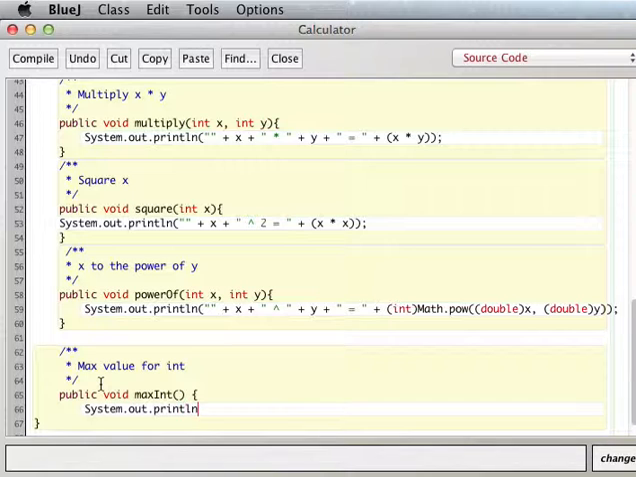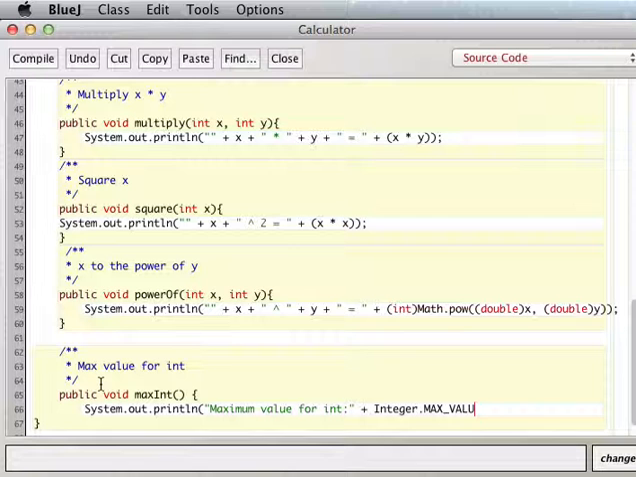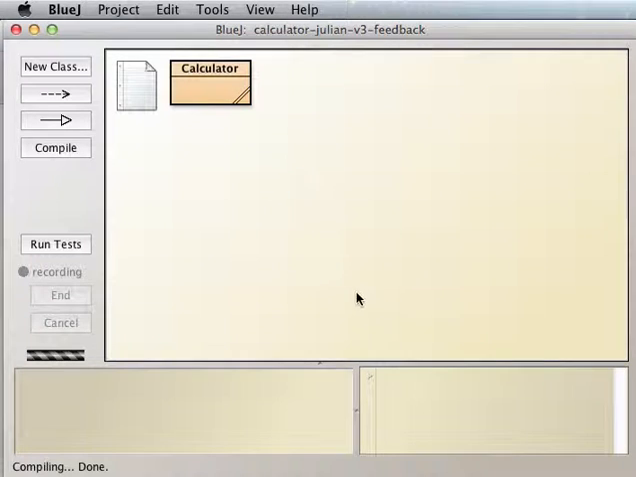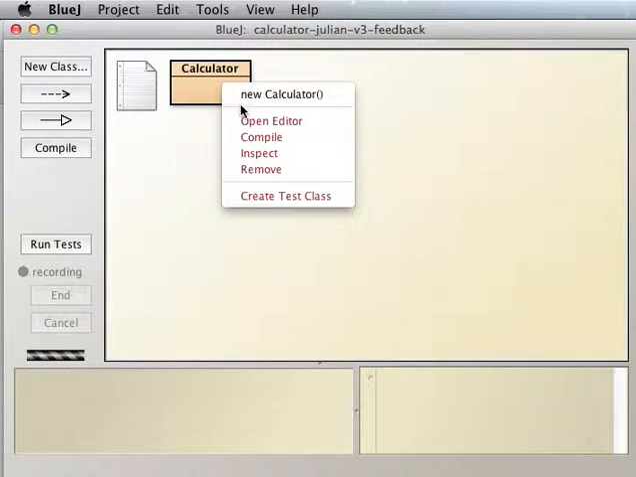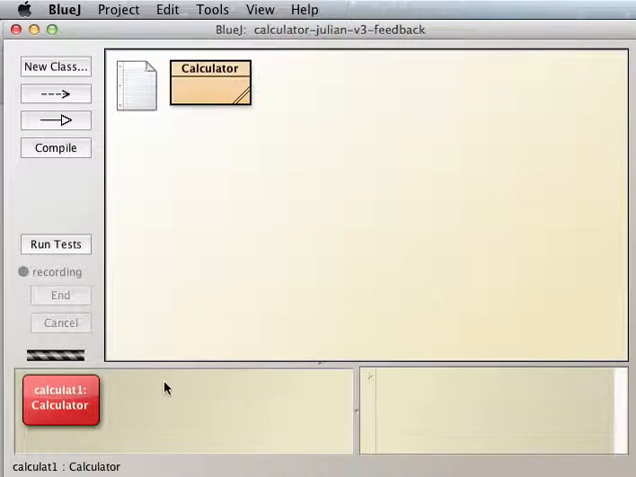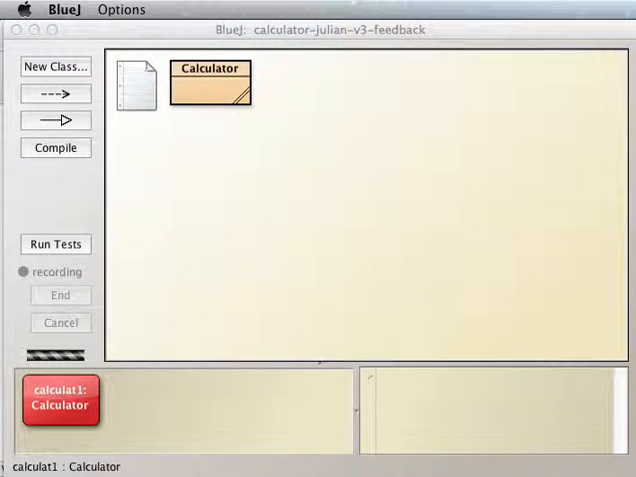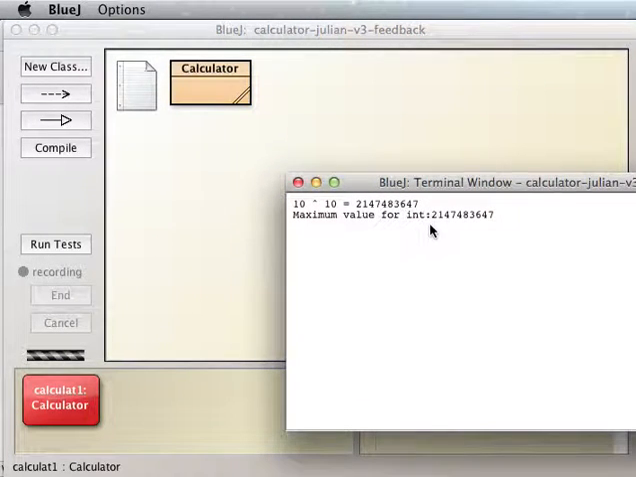So now println, maximum value for int is going to be Integer.MAX_VALUE. Okay, so we can compile that, and then we can create a new calculator, and let's run our maxInt, and it tells you right here maximum value for int